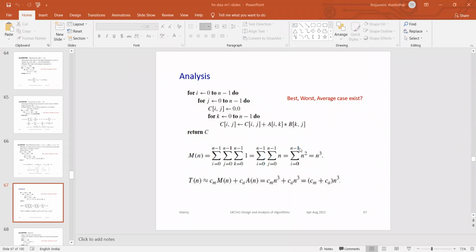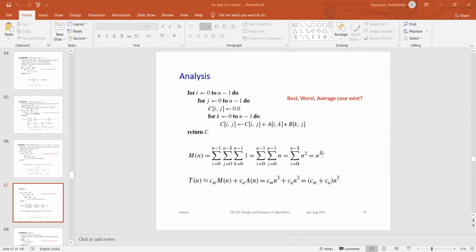Now you substitute for the ith loop. Coming to the ith loop, what have you got? N square. What is the upper limit? N minus 1 minus 0 plus n square. So you get n minus 1 plus n square, and you represent only the n. So we take it as n power 3. That is the result, n cube.